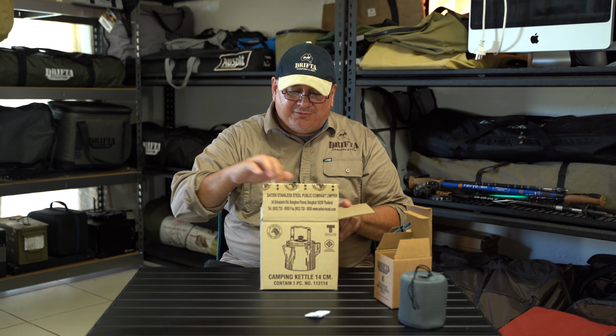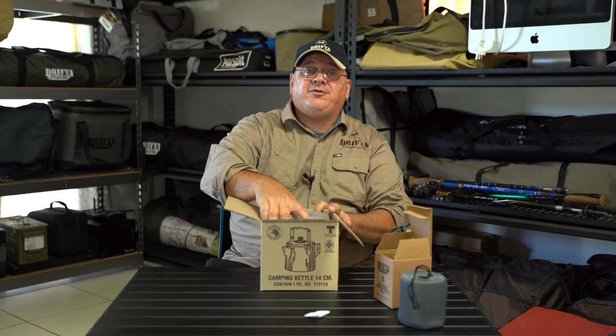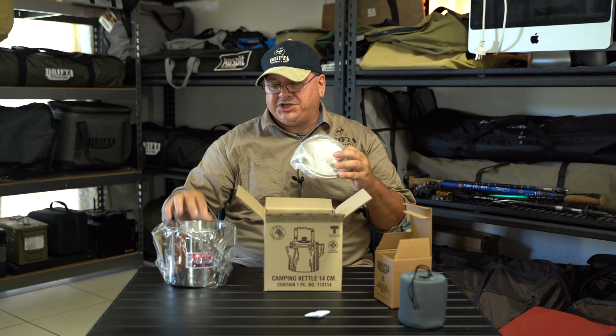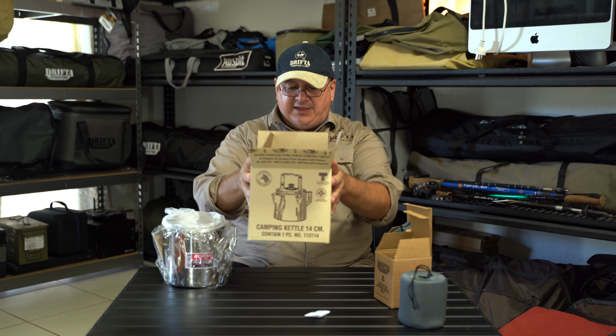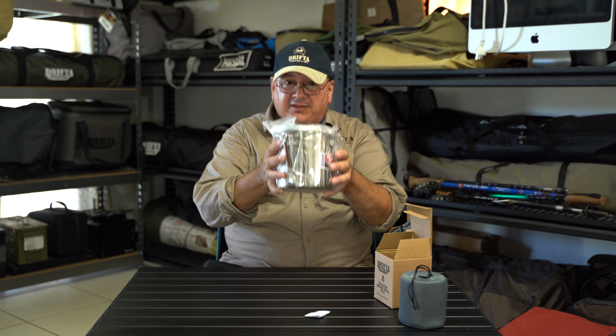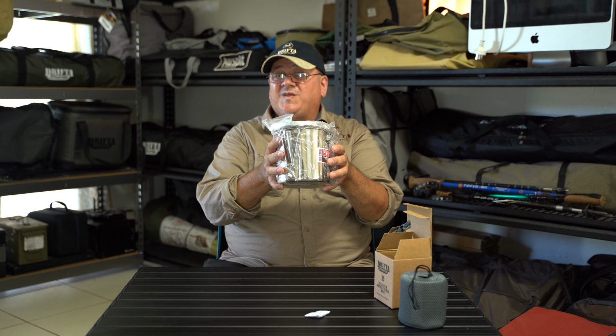and so on. But I wanted to show you this, because this will complement that tripod, the Drifta Stockton tripod that I showed you the other day. And again, you can see how nicely packaged it is. It's 14 centimeters. As of the time of filming, mid-February, these are around $33 for a quality stainless steel kettle. It has a capacity of 2 litres, but I believe online it says it has a boiling capacity